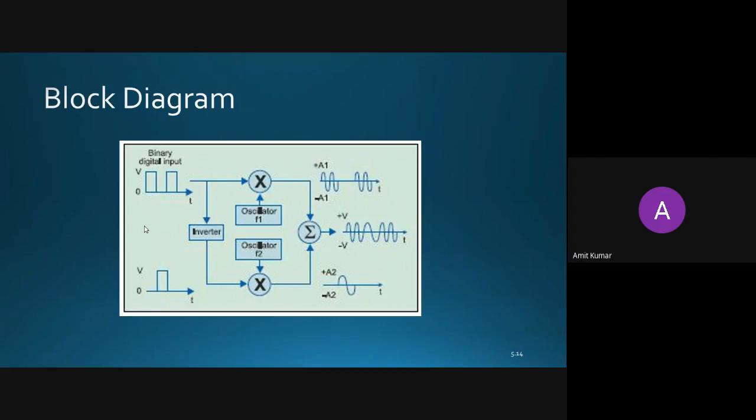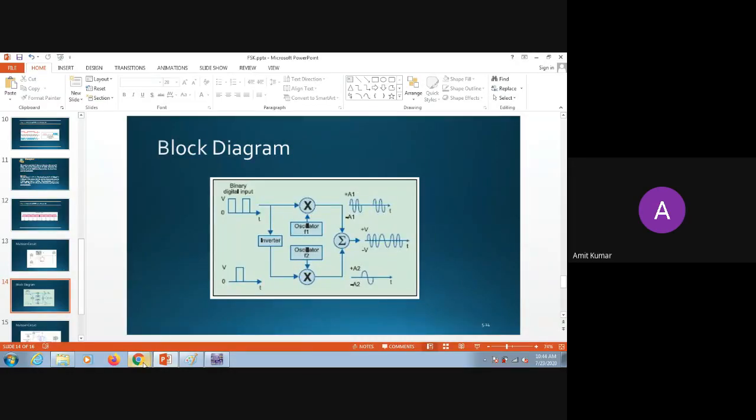Then the oscillator is multiplied with your digital data, the binary input. If you see, when the binary input is multiplied, you will get the first ASK signal, which is seen here on the top side, and a second ASK signal, which you can see on the bottom side. So we will receive two ASK signals, and both signals are available at different timestamps. You can just add these two signals and you will get your output waveform. In this way, you can generate your FSK signal. Let me show you the ASK signal we generated in the previous session, so you can remember that.